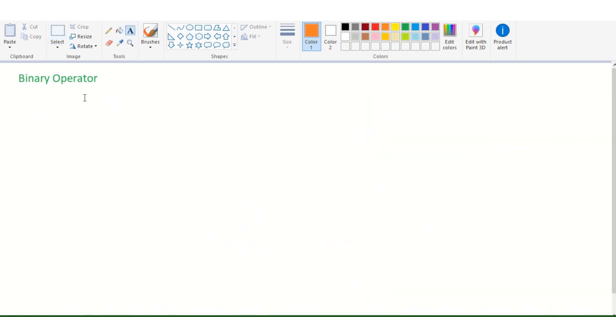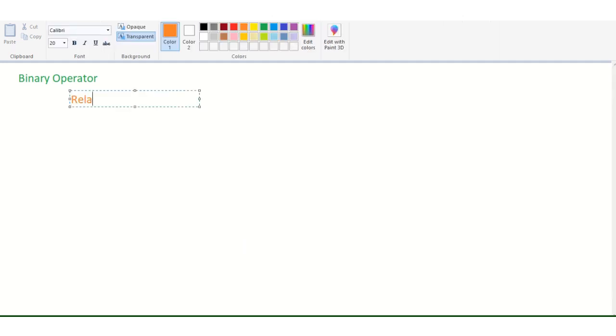The next binary operator is the relational operator. As the name suggests, it helps us to find the relation between two values or expressions or something else.